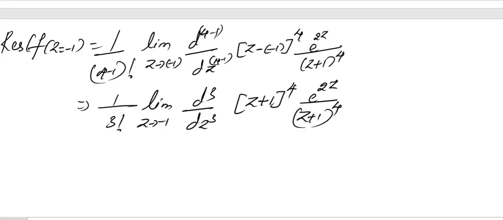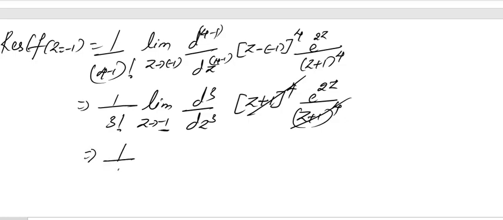You can see that when I substitute z equals minus 1, the entire function will become 0. That means the function is not analytic there. To avoid that, the residue formula has been devised. So z equals minus 1 automatically cancels and your function exists. This is how you need to identify the question.